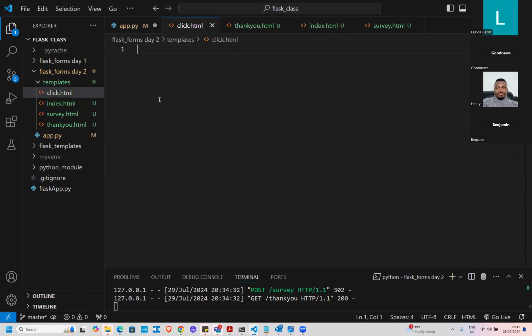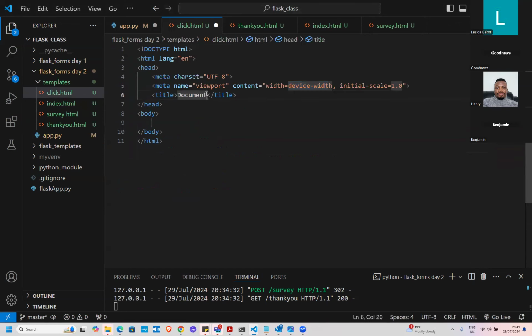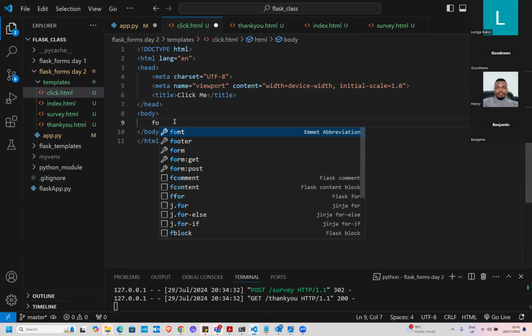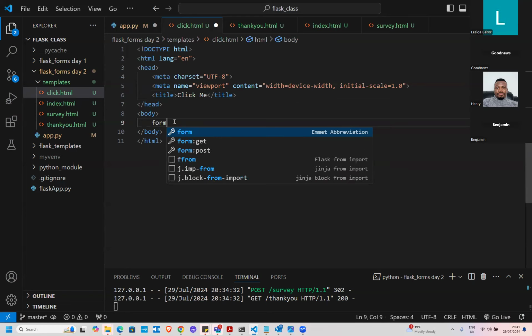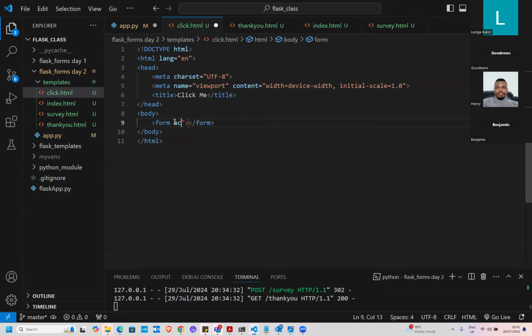I'll open that file and then just populate it, and the title should just be click me, and we should just return a form, and the method should be post, and we'll just have the hidden tag, form dot hidden tag,